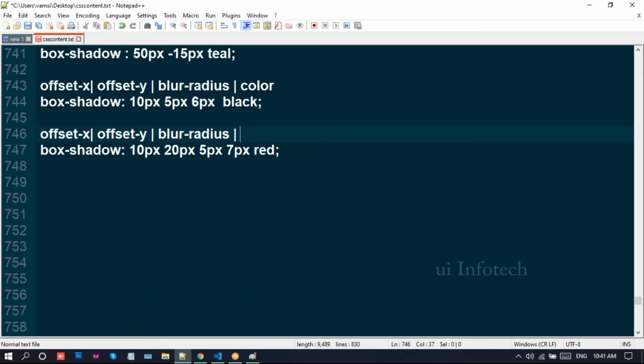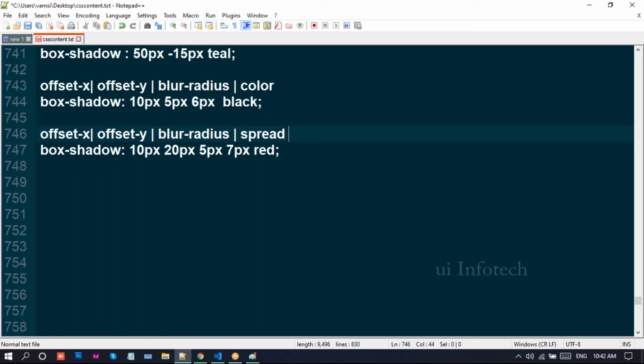Spread radius, so you can call it a spread. It will spread the box shadow, and then color.